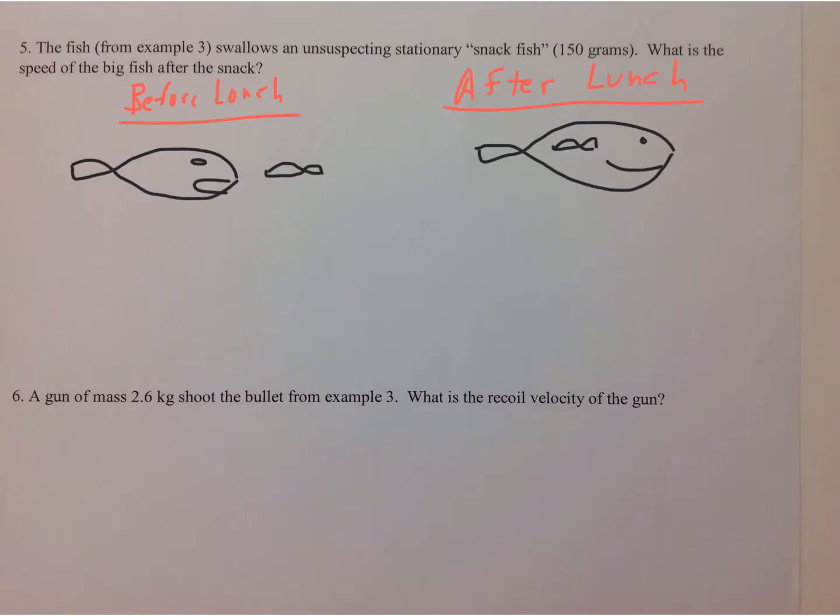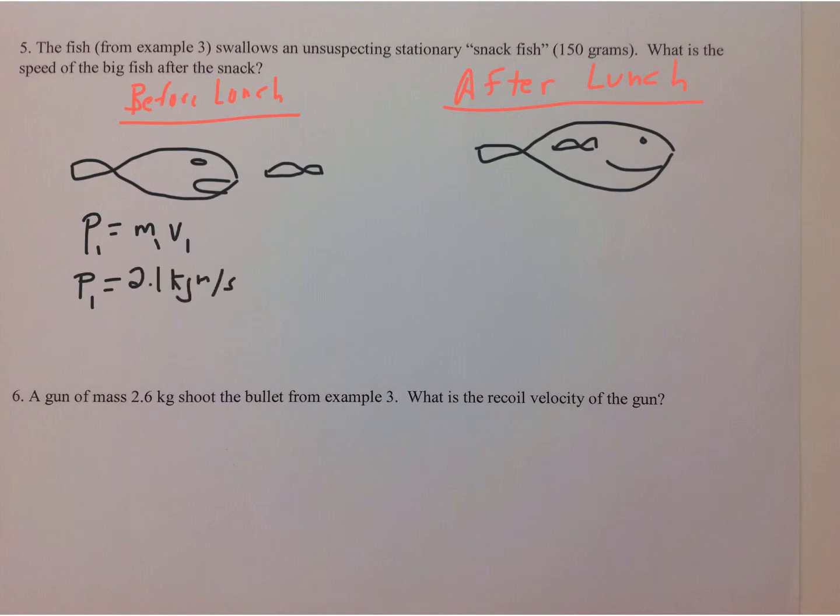All right, example number 5. The big fish is going to eat the small fish. The big fish, we're going to call that P1 equals M1V1. We already calculated that from problem number 2, and in problem number 2, that came out to be P1 was 2.1